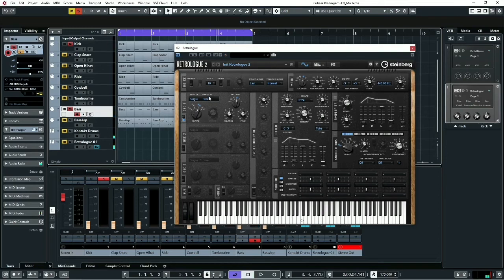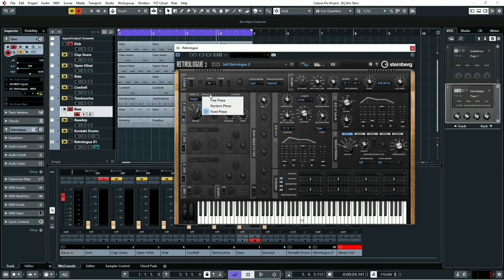Okay. Very, very simple. I'm going to set the phase to fixed. Or in fact, no, I'm going to leave that as free so you can actually see what I mean. Let's have a free phase. And then I'm going to turn the sub on. Now, the sub on this one, I think I'm going to leave as a triangle. This has a phase control on it as well. If I move this down an octave,